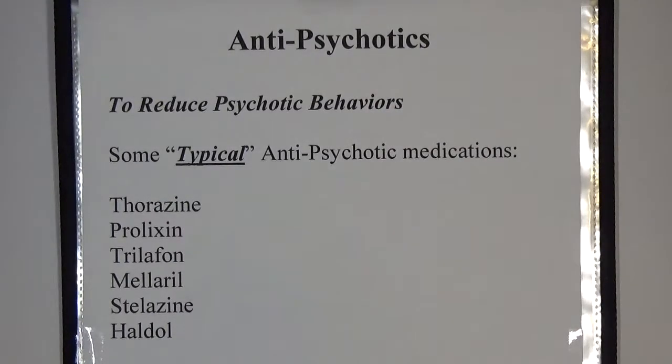Antipsychotics to reduce psychotic behaviors. Typical antipsychotics. Antipsychotics are a group of psychoactive drugs commonly used to treat psychosis, which is typified by schizophrenia. The first generation of antipsychotics were known as typical antipsychotics, which were discovered in the 1950s. These drugs tend to block receptors in the brain's dopamine pathways, as well as a wide range of other receptor